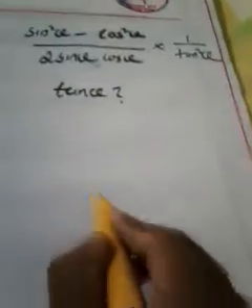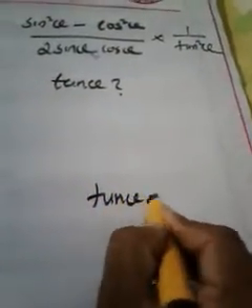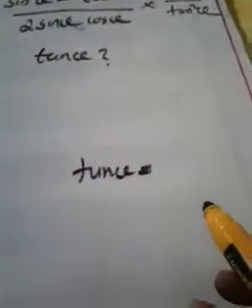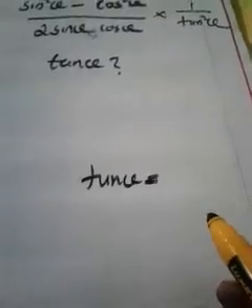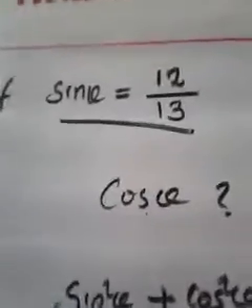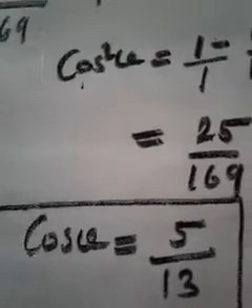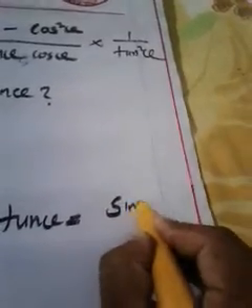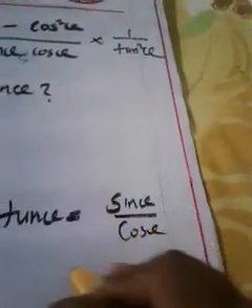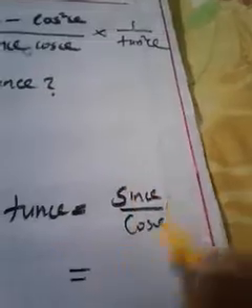Then how can we find out the value of tan theta? Can anyone tell me? Just pause your video and think. Which information do we have now? We have sin theta and cos theta. Then how can we calculate tan theta? Yes, of course, tan theta is nothing but sin theta by cos theta. You have to relate the things by connecting with the given things.